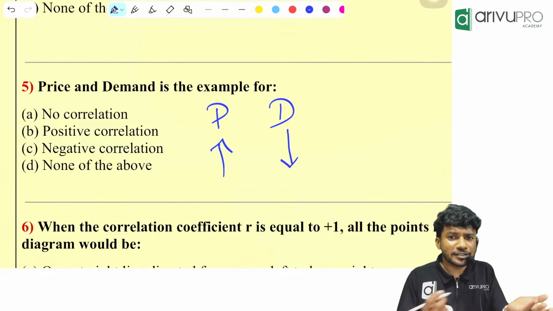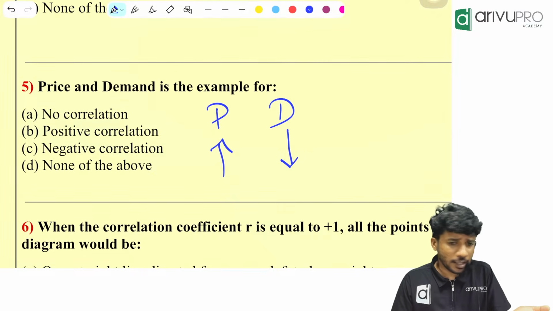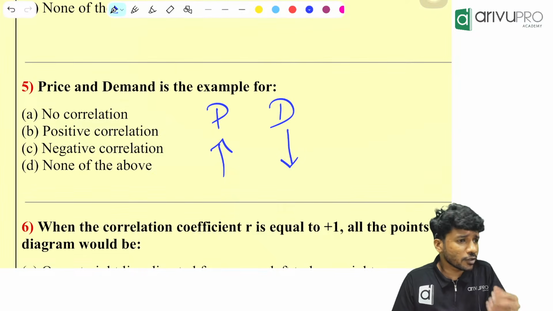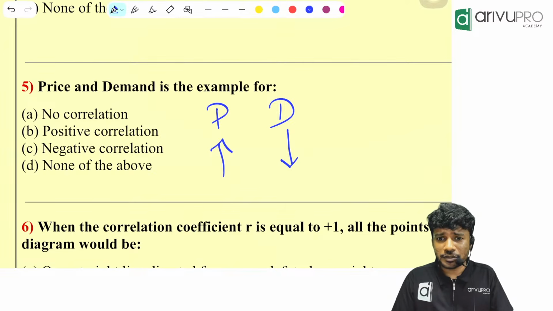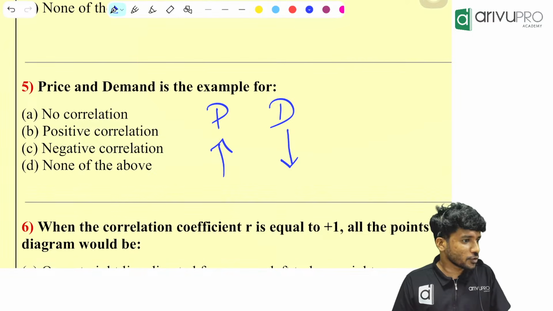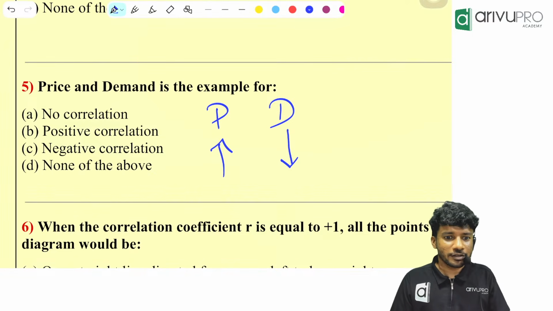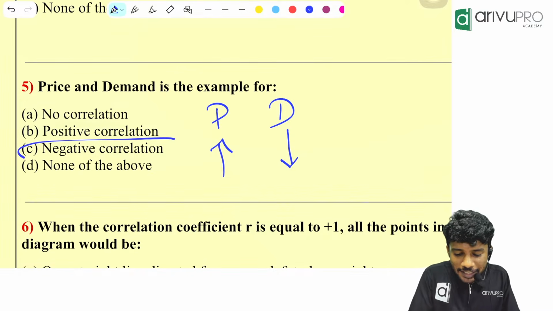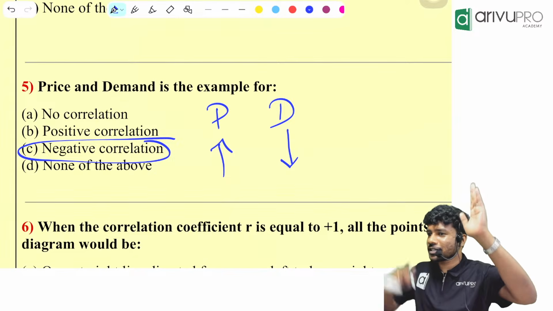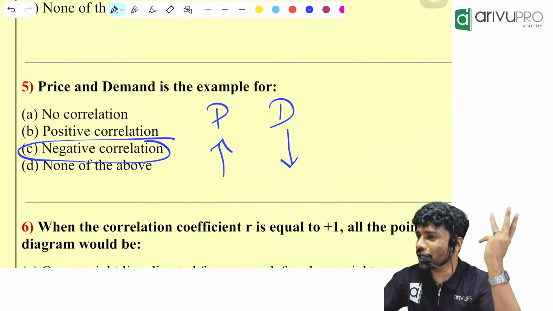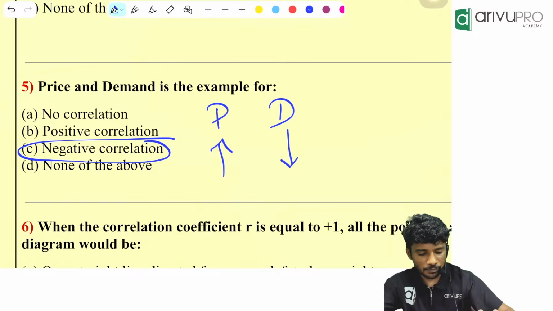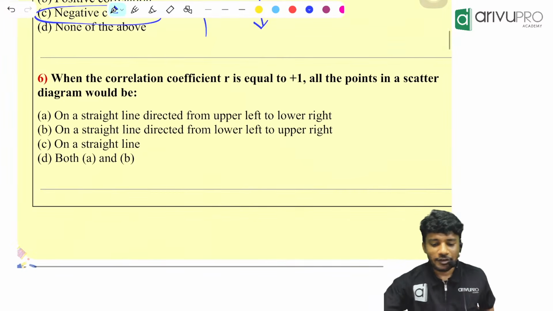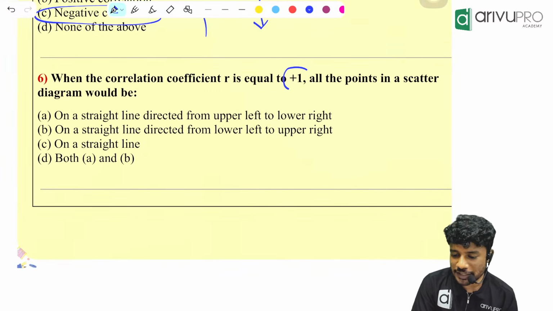If price increases, will you buy more? For example, every day I eat food. The price was 100 rupees. Tomorrow they made it 1000. I will not buy that food from there. Demand will always what? Decrease. What type of correlation? Negative correlation. One increases, other decreases. What type of correlation? Negative correlation. Then tell me, when the correlation coefficient R is equal to +1,